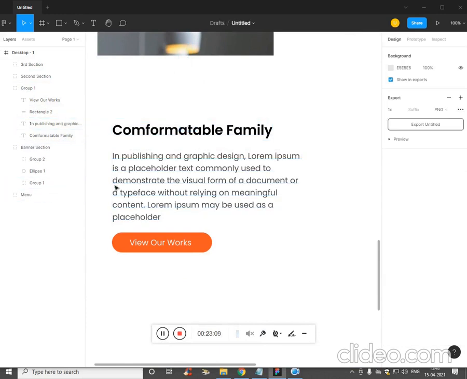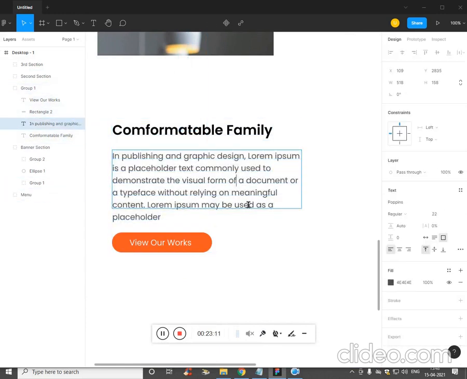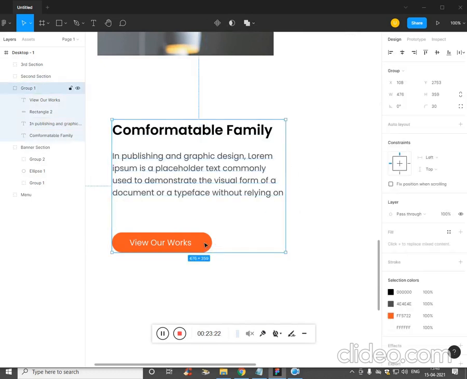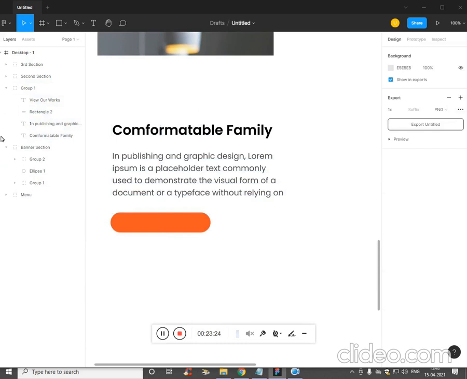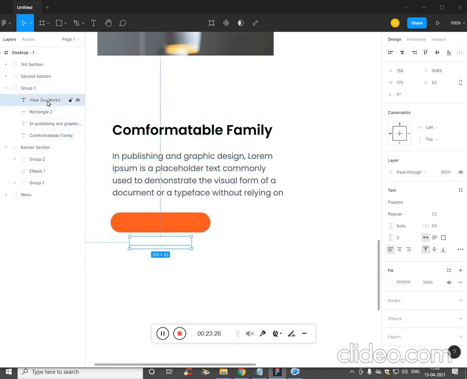And we don't need this, delete it. And we don't need such big text. Remove it. Just place this over here along with the text.